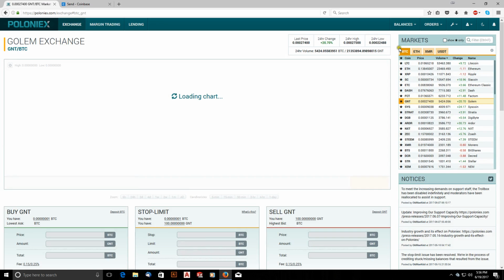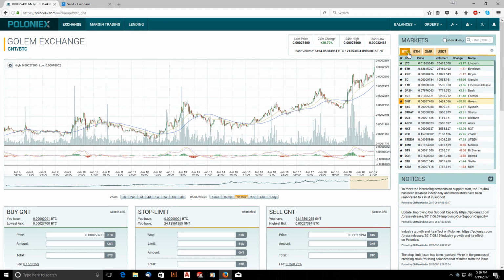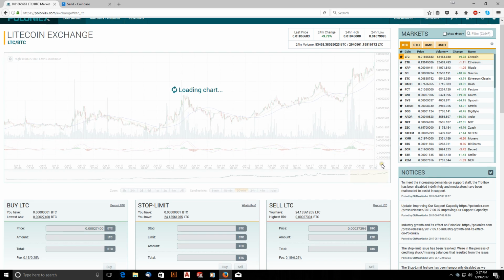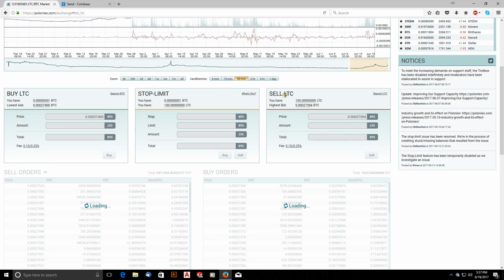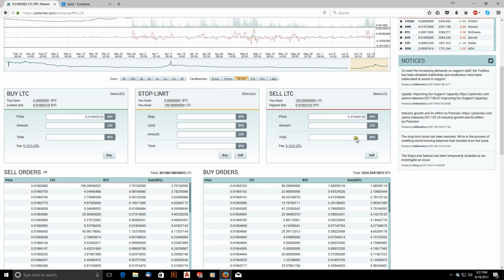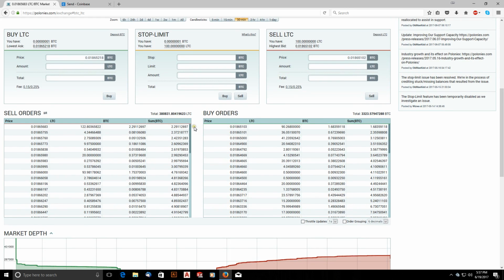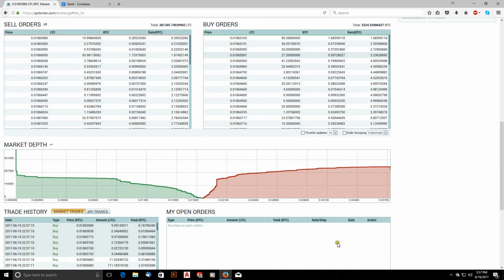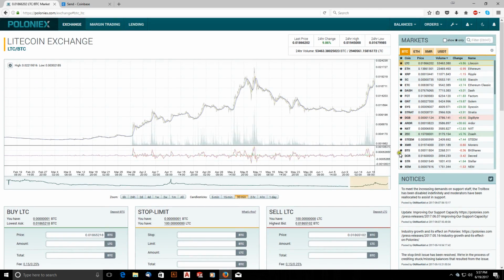I will look for either the desired pairing that I want to trade in right away, or I will look for a Bitcoin pairing that I can trade for Bitcoin, then trade Bitcoin for what I'm looking for. So I'd have to go Bitcoin to Litecoin. I would enter a sell order for Litecoin, and then I would wait for it to clear. Once it's cleared, I can go from Bitcoin to